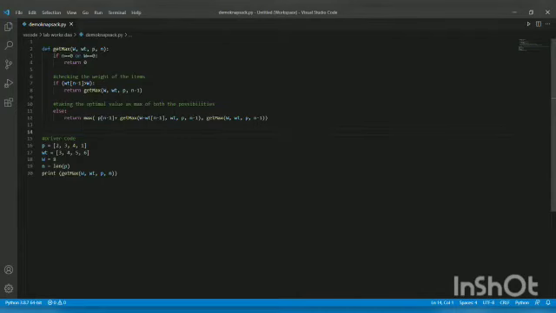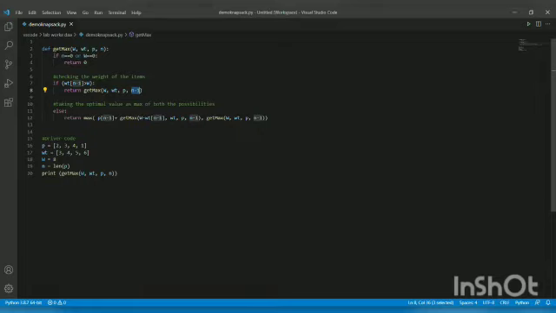Thank you, Anushka. As per the explanation given by my teammate, I, Mandira, will now explain the 0/1 knapsack problem using the brute force method. We start off by defining a function which returns the maximum value corresponding to the subset of the items selected. Here, capital W is the capacity of the bag, WT is the weight of the items, P is profit, and N is the number of items. Here we check if the weight of the (n-1)th item is greater than the capacity of the bag or not. If it is, we exclude the current item and move on to the next item without considering the two possibilities.